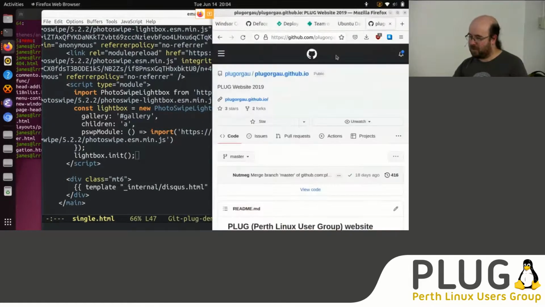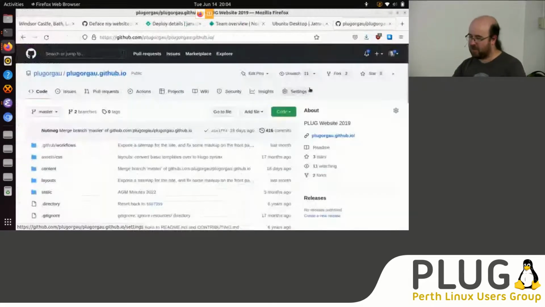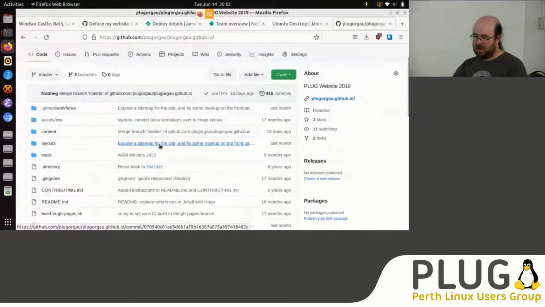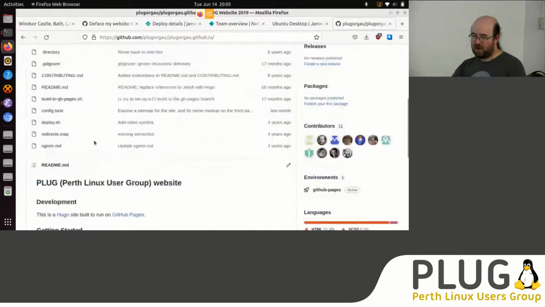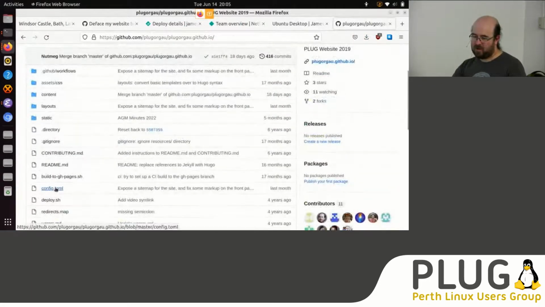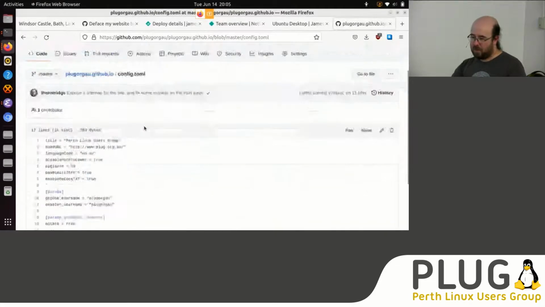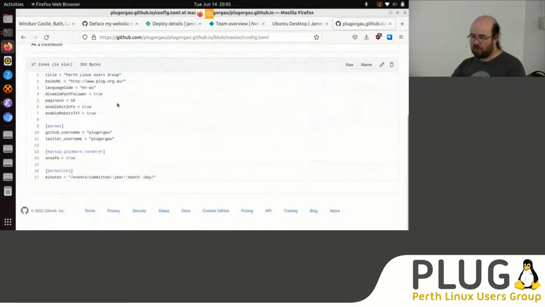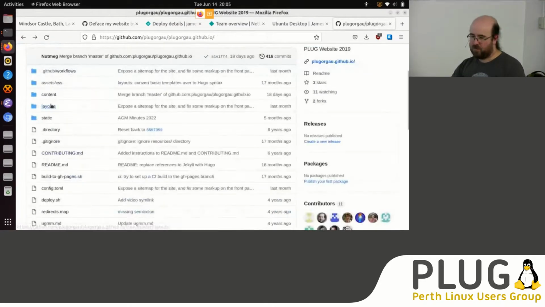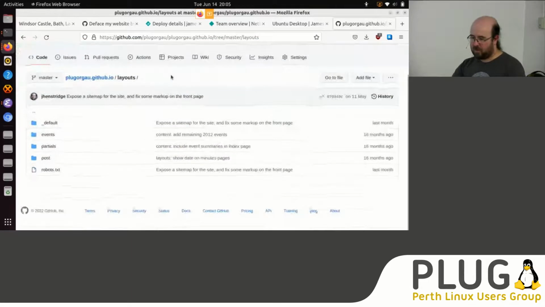The main plug website, here we haven't actually used a theme in the configuration file. Basically that means that the only templates which are in use are the ones which are provided by the site itself. So here we've got a default theme which